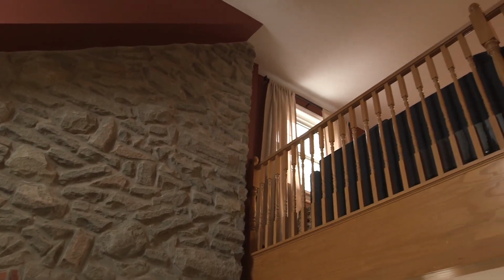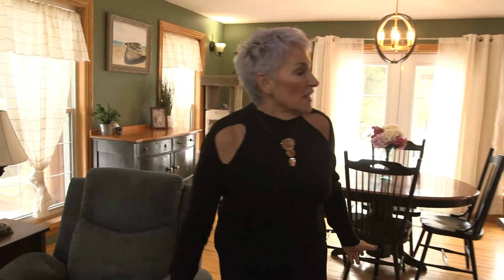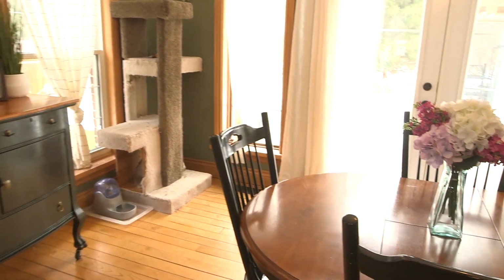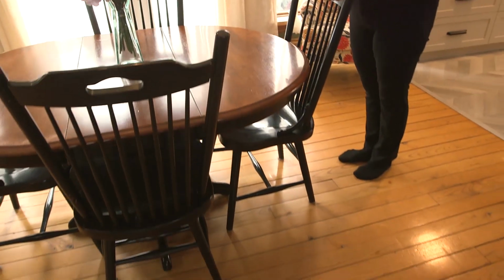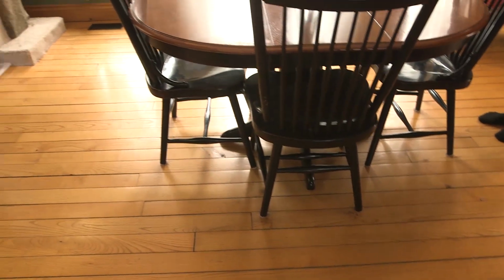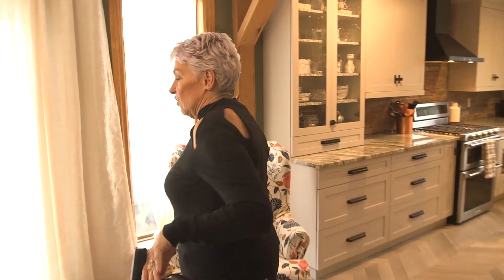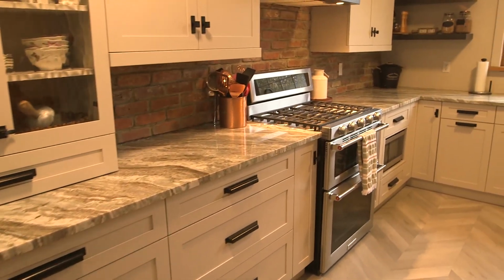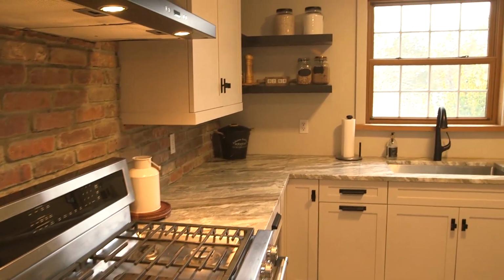This house is amazing. It has lots of windows, nice and bright. Coming in here, we have the kitchen area. And notice the beautiful hardwood floors. This home was built in 2001, but has had many updates. So we have this kitchen, which was just done in 2021, with gorgeous granite counters, so lots of working space,